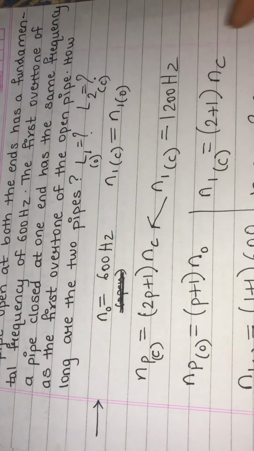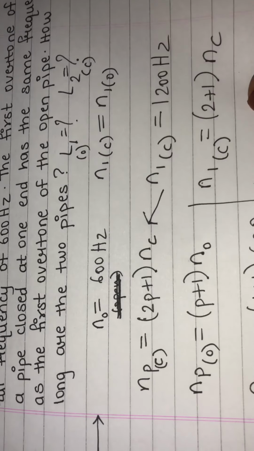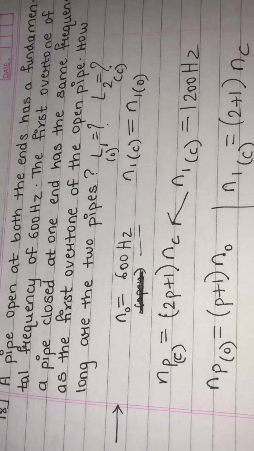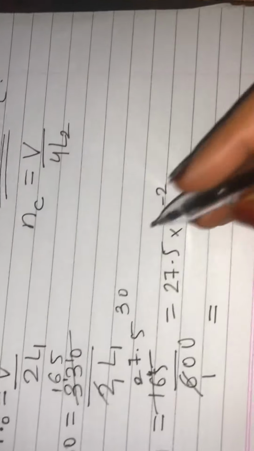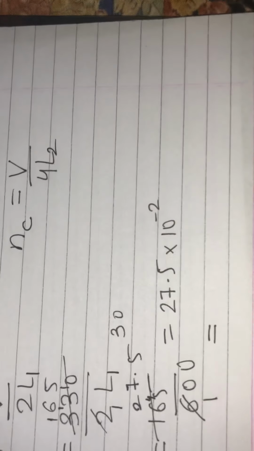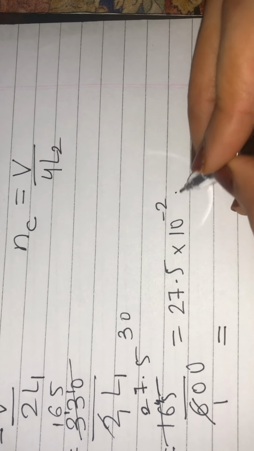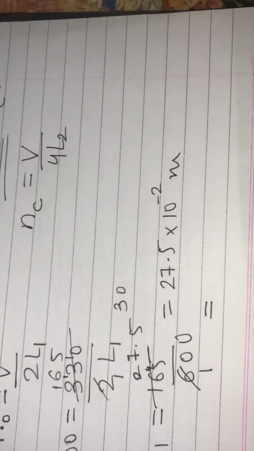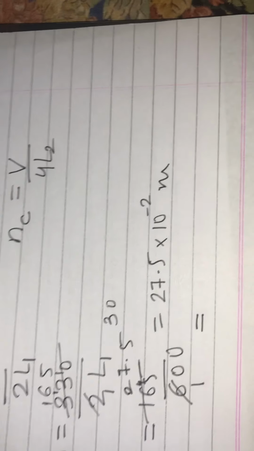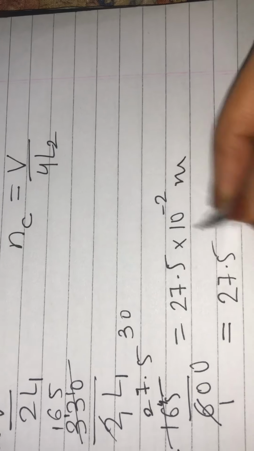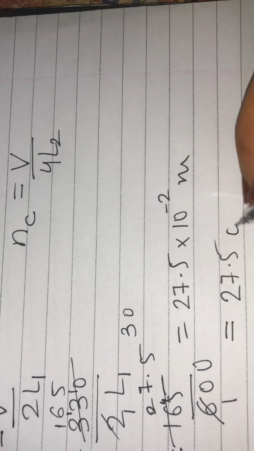here the things are in meter. Whatever I am obtaining, because I have hertz over here, whatever I am obtaining, they are in SI unit. So it is 27.5 into 10 raised to minus 2 meter. If I want to write it into centimeter, it will be 27.5 into 10 raised to minus 2 into meter, this will give me